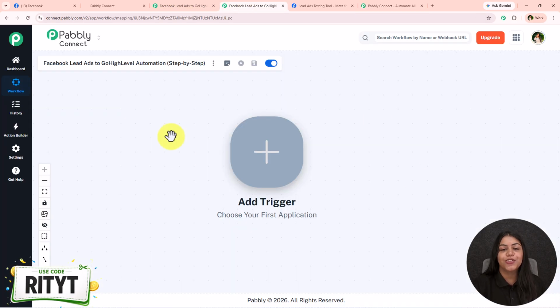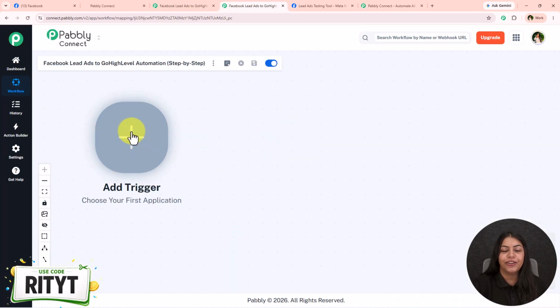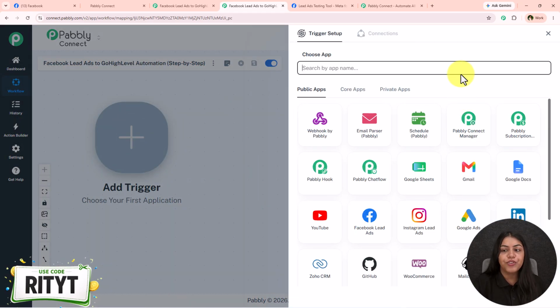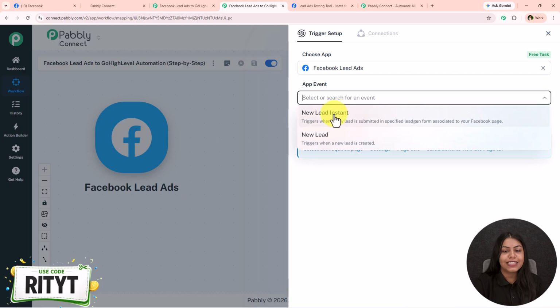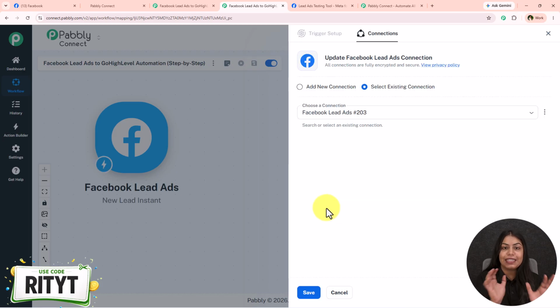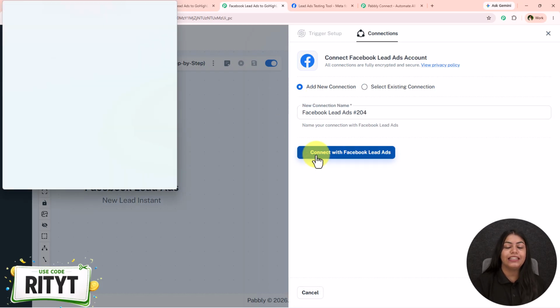So let's see how this automation can be created. For that, just click on this add trigger button, and now you have to select the trigger application as Facebook lead ads. For the event, you have to select it as new lead instant and click on this connect. Now if you've already created a connection between Facebook lead ads and Pabbly Connect, then click on select existing connection and then save. But if you haven't, follow me, click on add a new connection and then connect with